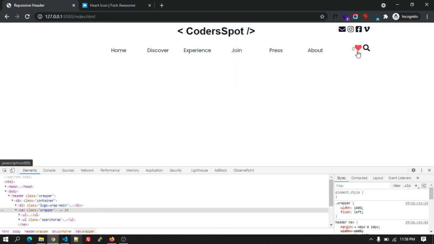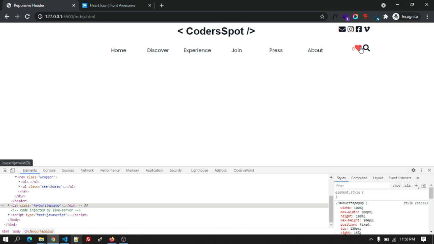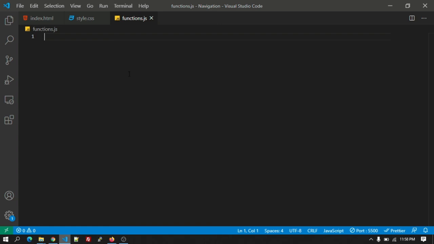So there is one thing we need to do. After clicking on the heart icon, the favorite pop-up should open. That needs jQuery. So let's go to the function.js we have created.